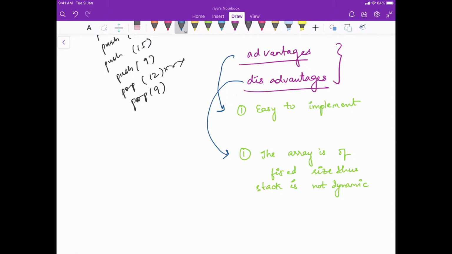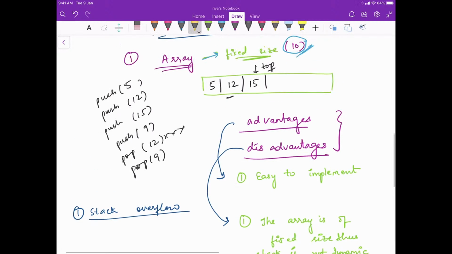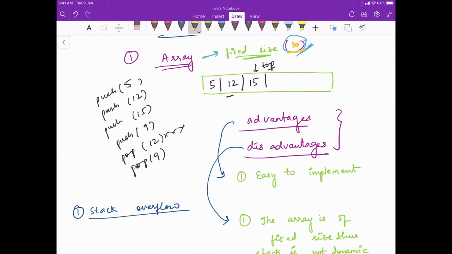Two more important conditions that you need to take care of at this particular point of time are, first, the condition of stack overflow. Now what exactly is stack overflow? Let's say I had the size of 5, which was fixed, and I added elements 20 and 30. Now if the size is 5 and there are already 5 elements, and you push a 25, then that condition is called a stack overflow condition.